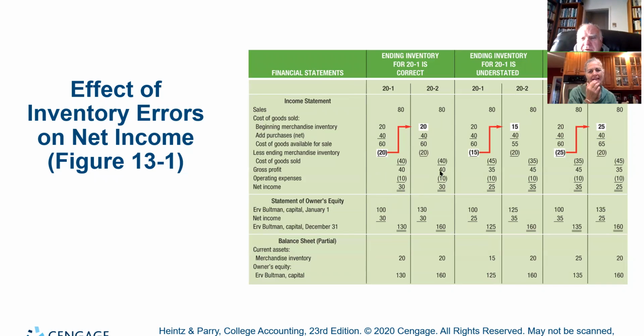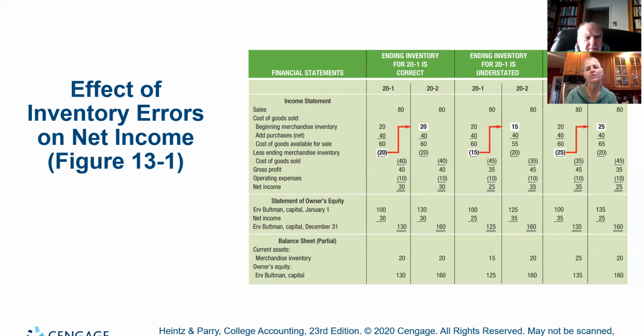But look what happened here when they understated. By understating it by 5, they understated the net income by $25. Because what happened was by understating it, you're telling your system that you sold it when you really didn't. So you understated the count and you were thus $5 understated in month one, and then look what happened the next month. You're overstated $5. Right. Okay, so that's the concept we want you to grasp.